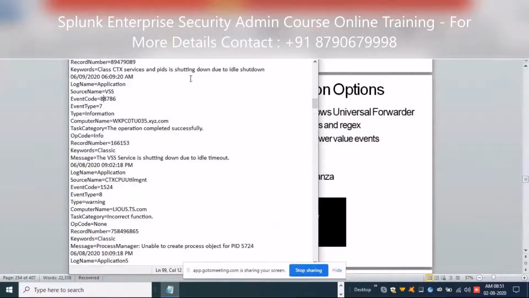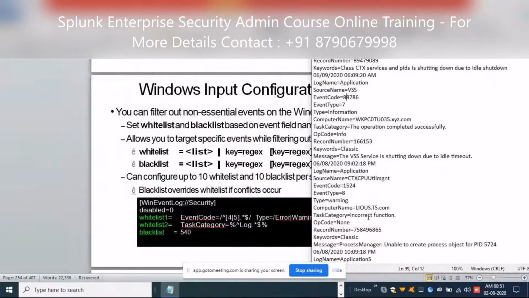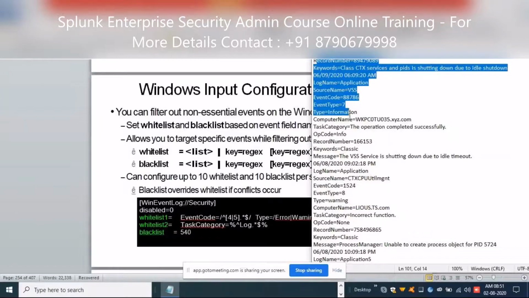The whitelist is written in such a way that if my event code is starting with 4 or 5, then only my logs get ingested in Splunk. And he has given blacklist 540, so whenever he is seeing the event code as 540, he will not ingest this log in Splunk. I see. Got it.